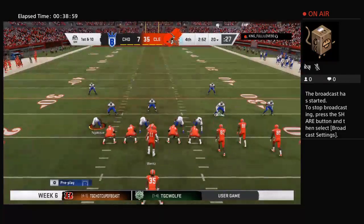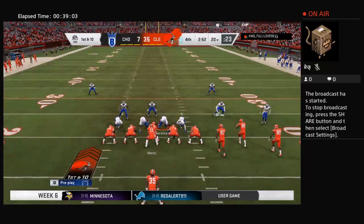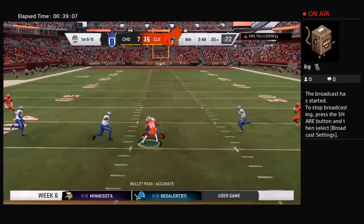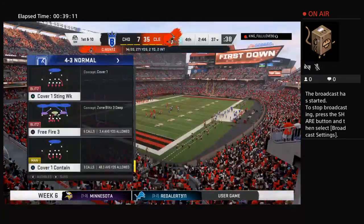The Cleveland offense ready to go, and this game comfortably in hand. The scoreboard speaks for itself, but you still got your starting quarterback out there. When do you go to the backup, let him get some time? And that's one of the great questions in the NFL, Brandon, because I'm just going to tell you, in the